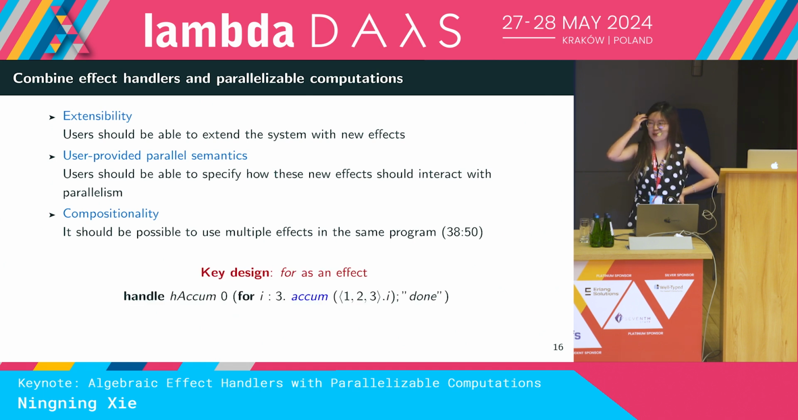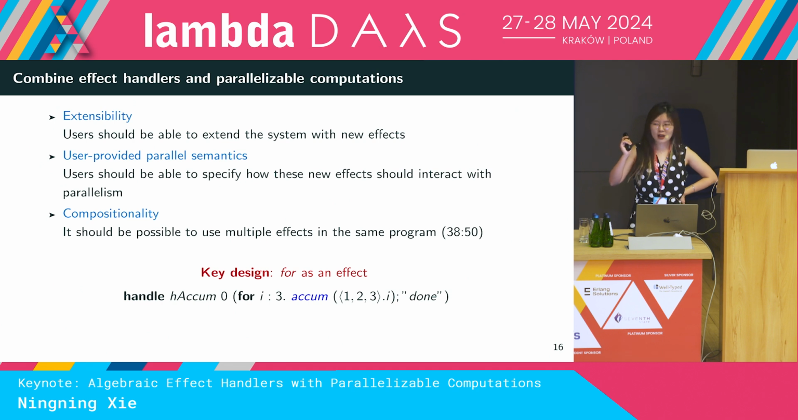To design a system with those properties, our key design is a system that has both effect handlers and for expressions, and we interpret for as an effect. If we interpret for as an effect, then we are able to write a program like the one at the bottom of the slide,